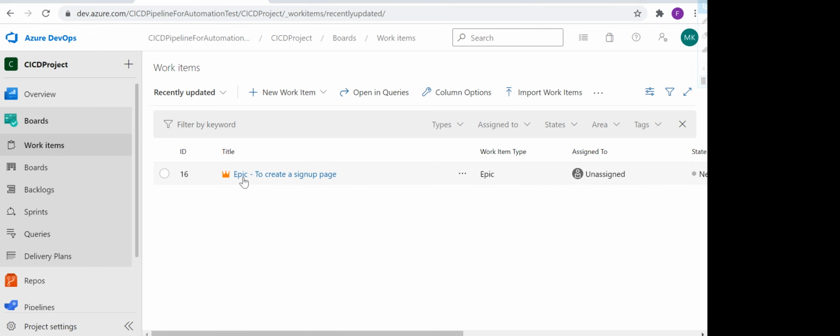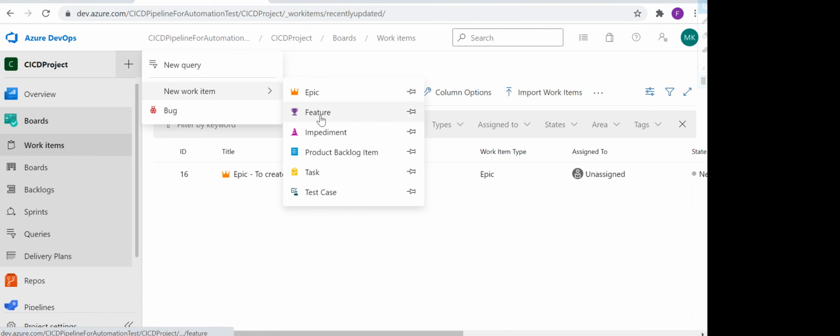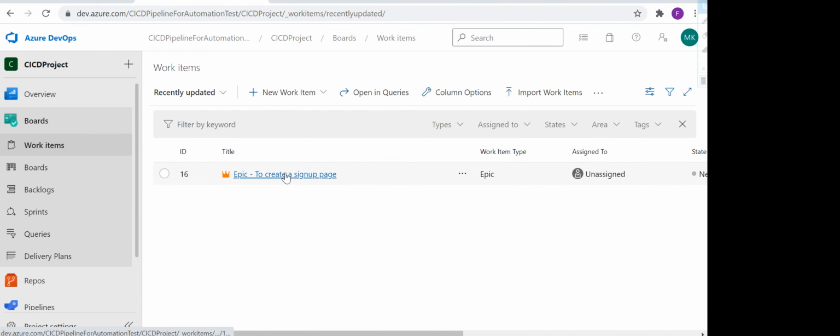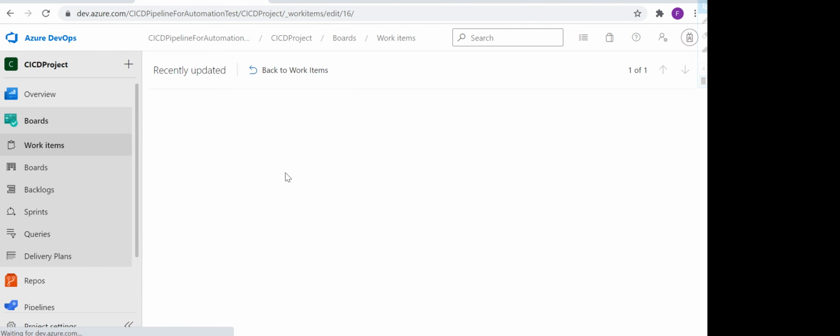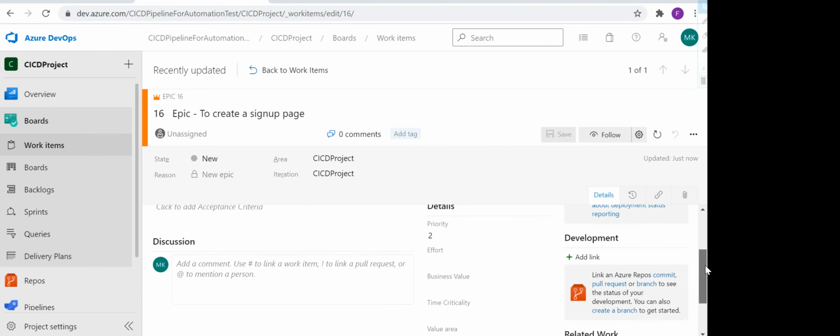But let's move further and create the next work item, which is features. We can create a feature directly from here, but if we create a feature from this place, you will not get the linking part, the child or parent relationship. So features need to be created from inside of the epic.